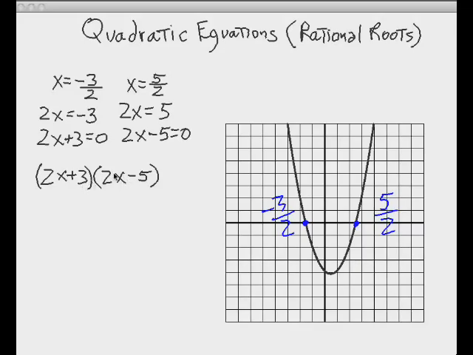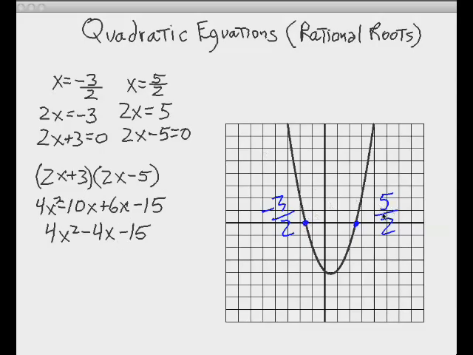Now I could go ahead and multiply these out. 2x times 2x is 4x squared. 2x times -5 is -10x. 3 times 2x is 6x. 3 times -5 is -15. Add my like terms. I have 4x squared minus 4x minus 15, which would be our quadratic equation for a parabola that had roots